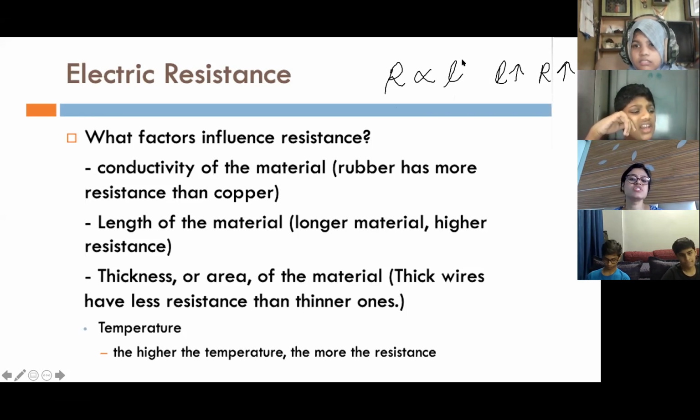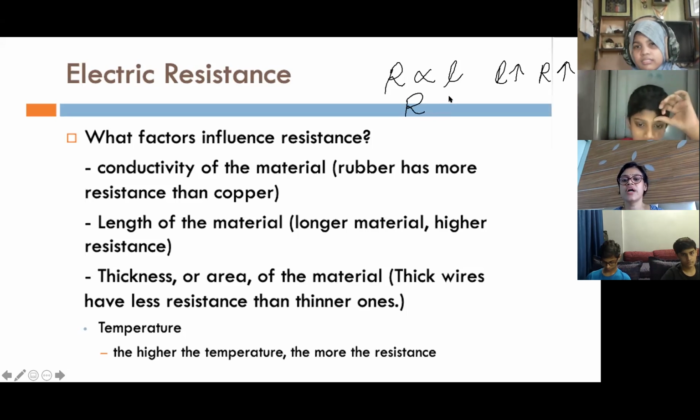Okay, so this is called, as one quantity increases, the other will also increase. So when the length is more, you can imagine the number of immobile ions are more, so electrons have to collide more and more. Is it clear, Munib? Munib, is it clear? You have to understand. You have to pay attention. So more number of collisions, so more resistance. So we can say resistance is directly proportional to the length of the conductor.